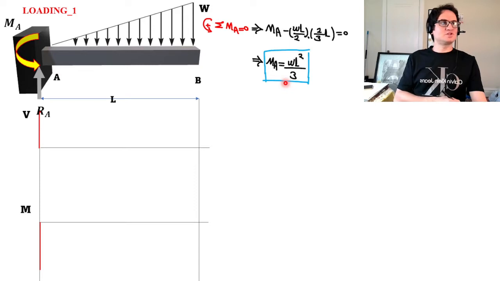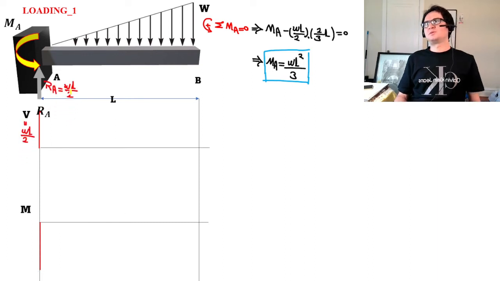If you want to draw the shear diagram, again the resultant force of this distributed load should be canceled only by the support at A. That means all the load of WL over 2 should be canceled by RA, and the same force goes for our shear at the beginning. So we rise up to WL over 2